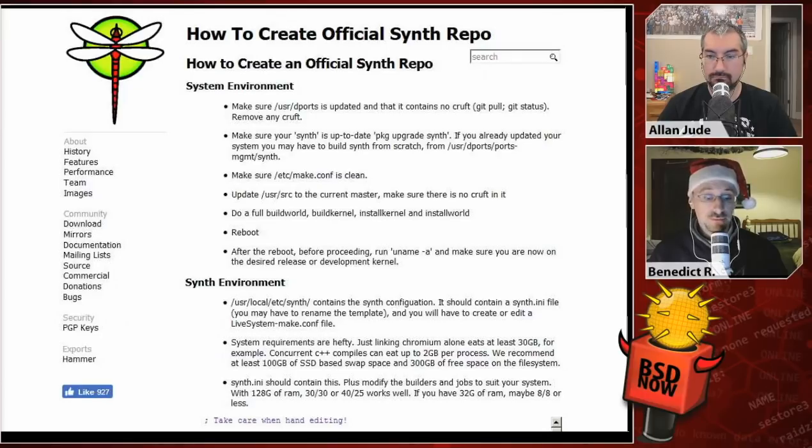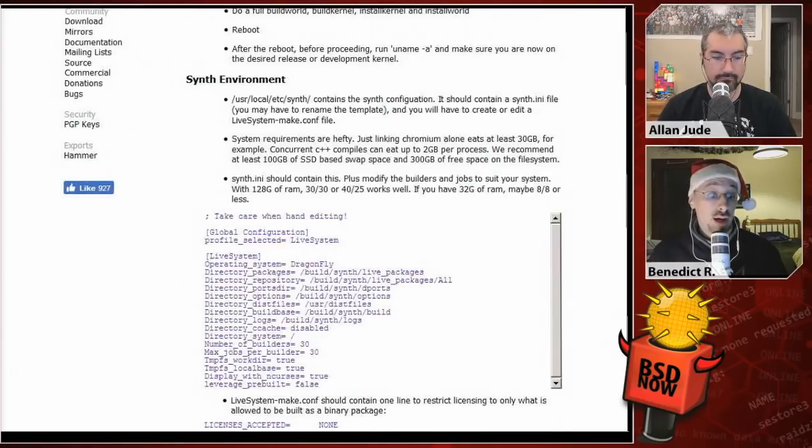Then you reboot. And after reboot, before proceeding, run uname -a and make sure you are now on the desired release or development kernel that you want to provide. So then we go to the synth environment. In /usr/local/etc/synth, that contains the synth configuration. It should contain a synth.ini file. You may have to rename that template, and you will have to create or edit a